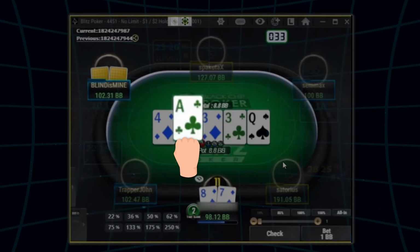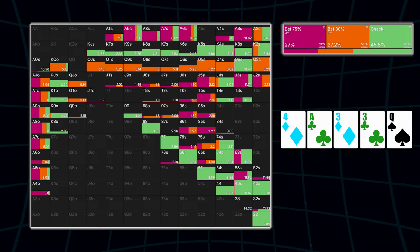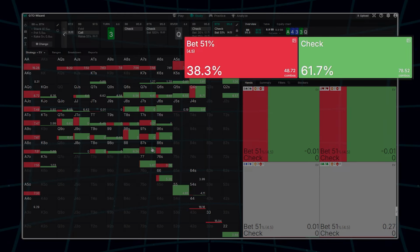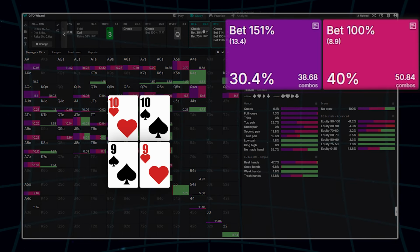However, to check an ace, and especially a 3 or better, usually requires some thought. So it's way more likely that he has a hand that was never interested in betting in the first place. So his range, instead of looking like this, will likely be looking more like this, which will have drastic consequences to our strategy. So in this bet check bet line, we now go from betting not that often for a small sizing to betting way more often, bigger and thinner for value,